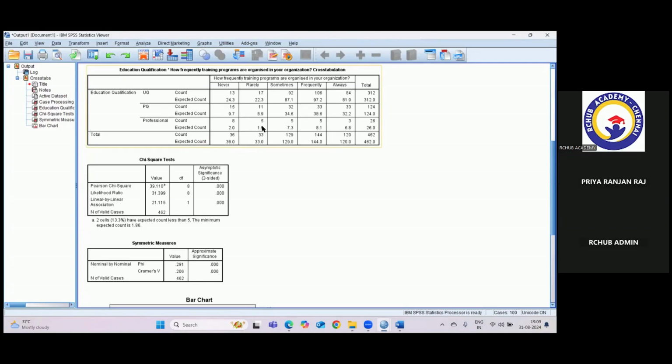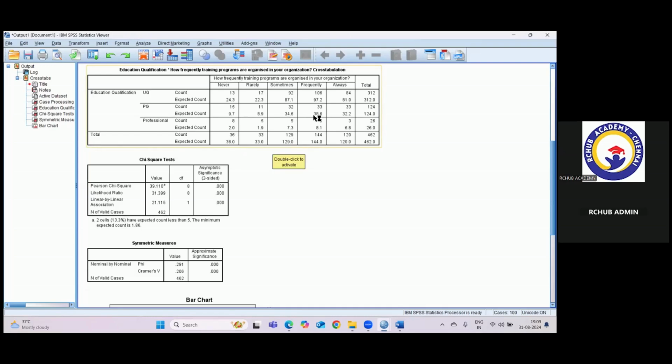And then you have to write that based on the cross tabulation, we can say that most of the UG graduates sometimes get training, and similarly for PG, they almost frequently get training. As I stated, PG graduates generally hold higher positions and they get training frequently. And the professionals never get training. Maybe they are in a director position, so they won't be getting much training. So this is the cross tabulation output. First, you have to discuss the cross tabulation in one paragraph, and then you have to discuss the chi-square significance value. So in the second paragraph, you have to write that the estimated significance value,